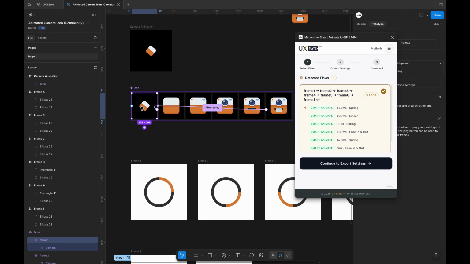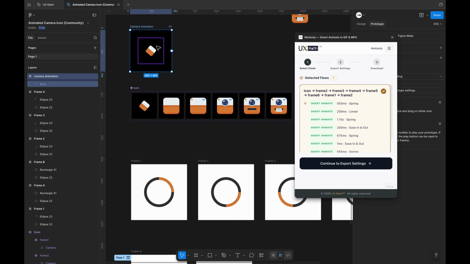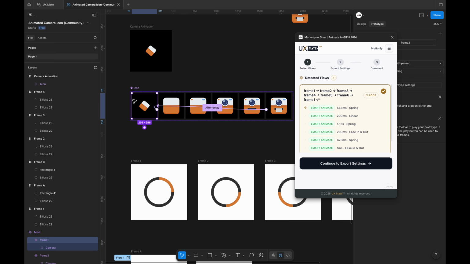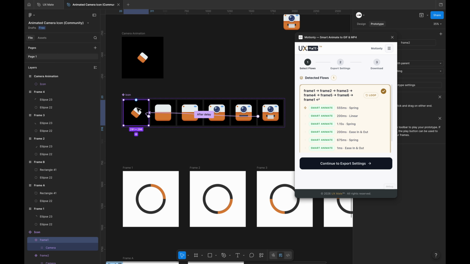frame of the component which has all the animations linked to it, or all the flows linked to it, rather than selecting the camera itself, because in this case what it does is it takes the parent frame and then it takes the first layer of the frame, which is the icon itself, and then within the icon there are different animations or interactions created, so it will read all those interactions. This is how the Figma hierarchy is. So in those cases, just select the first frame of your icon or of your animation component, and just